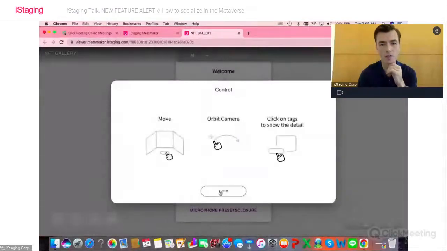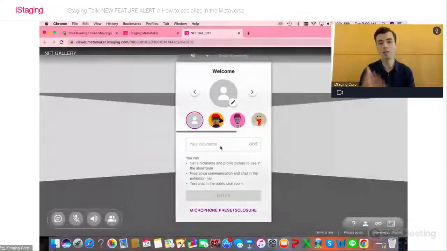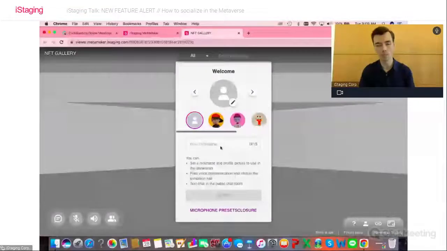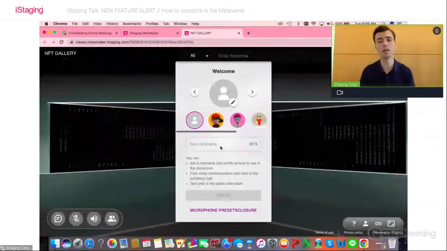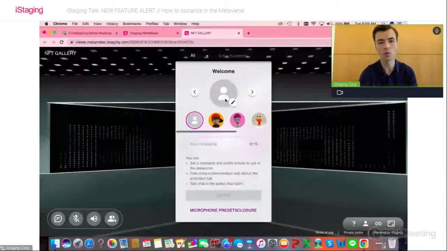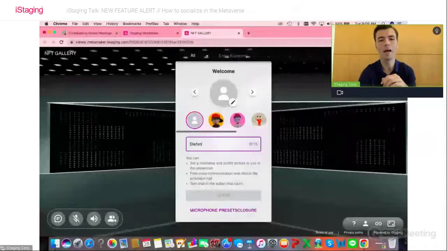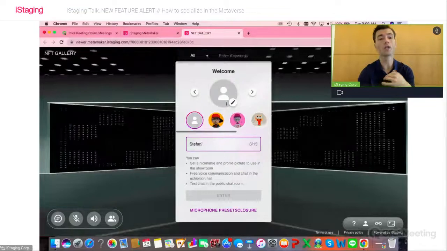Okay, good. Now, once you've opened your gallery, this little pop-up window will show up, which goes for anyone that is entering the space. It will ask you to enter your name. And you can choose a little animated avatar icon here, or you can upload your own image.